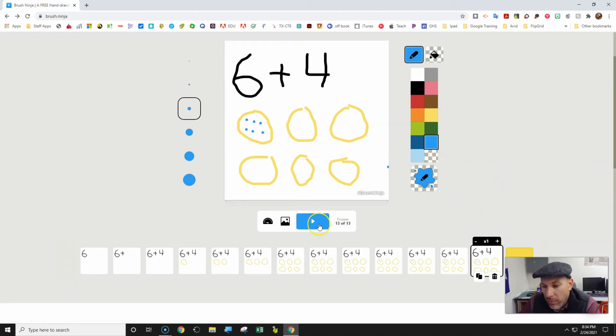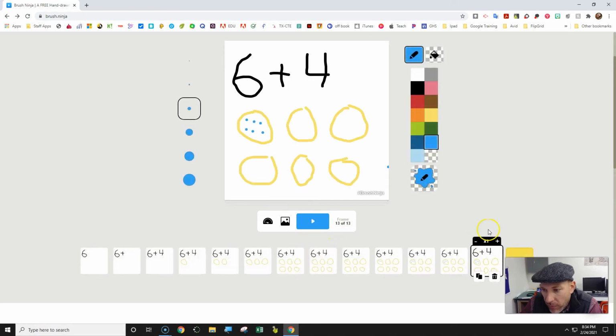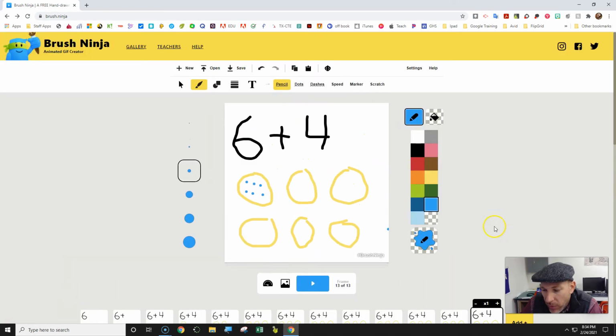We can click on the plus sign and the play button and check our playback. So you can see how that is going through, and this is kind of what the preview of your GIF will look like. Okay, so you can click play, pause there, and when you're ready to download that,